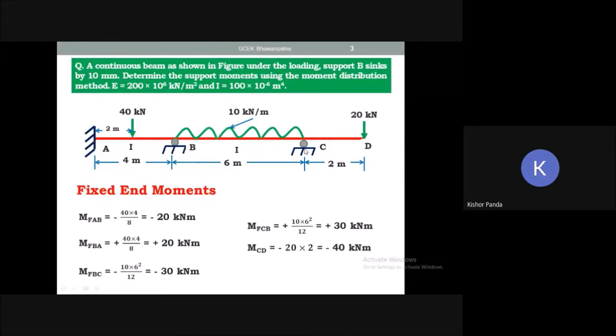Similarly, find out the relative stiffness of the member BC, but here the C support is overhanging. So what is the relative stiffness of this member BC? Here you have to find out 3 by 4 I by L. You have to find out the modified relative stiffness of the member BC. If the end is simply supported or overhanging, in that case you have to find out the modified relative stiffness. So that is equal to 3 by 4 into I by L. Here I is given and L is given 6, so 3 by 4 into I by 6.